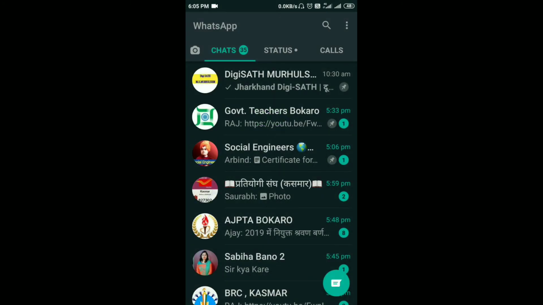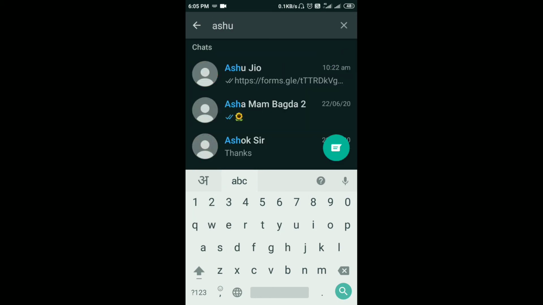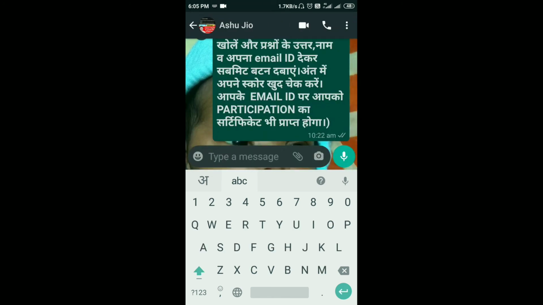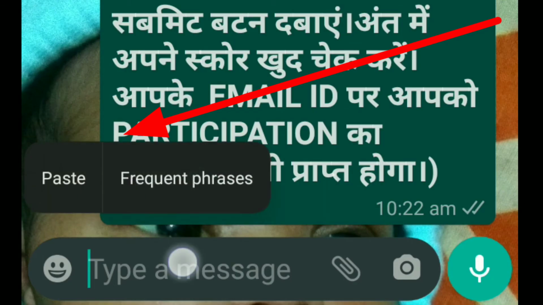So whatever your group is, suppose ASU Geo, this is my group. Now here where you type your messages, press and keep your finger pressing, and two options come up.